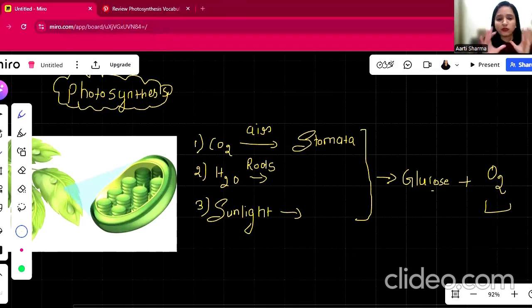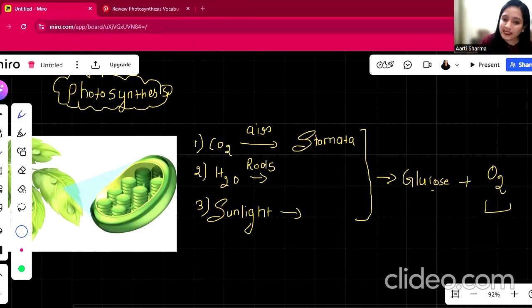Got it? So photosynthesis is a simple process by which green plants make their own food by using sunlight. Plants use three important things for this process: carbon dioxide from the air, water from the soil, and energy from sunlight. With the help of these delicious ingredients, the plant produces glucose, which is their food. During this process, oxygen is also released into the atmosphere, and this oxygen is extremely important for everyone, because it is what we breathe to survive. So this is the oxygen that I'm getting from my plant. In a way, photosynthesis not only feeds plants but also supports life on Earth.